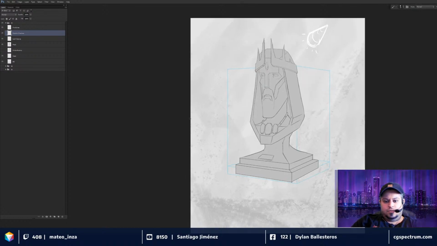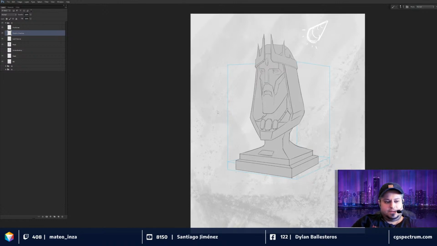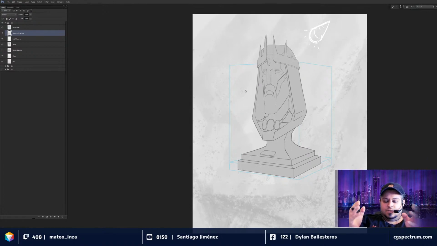And now we're going to do what I call the graphic shadows pass. So why do I call it graphic shadows? Well, it's because we're thinking about the shadows in a very graphical way. We're going to use a hard edge brush, and we're not going to worry about creating any halftones at this stage. So halftones are all of those subtle gradations of value that happen as the form turns away from the light, blending essentially, right? And we're not worried about halftones here. We're just worried about finding where the light ends and the shadow begins, which can take a bit of